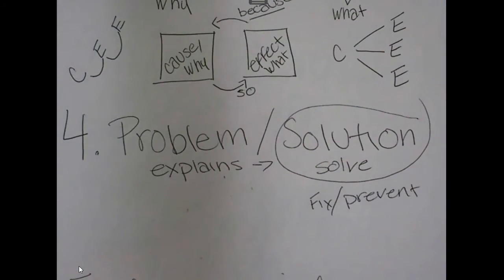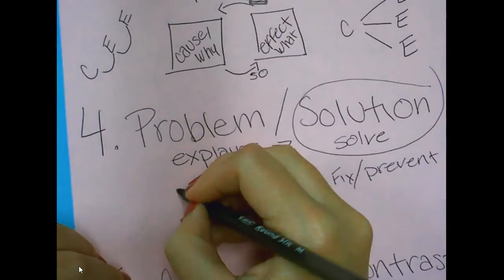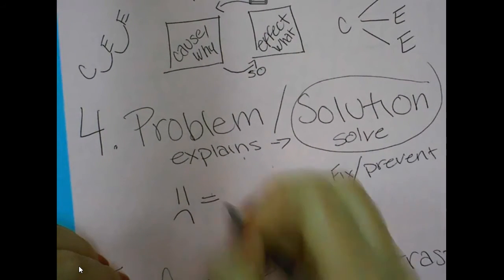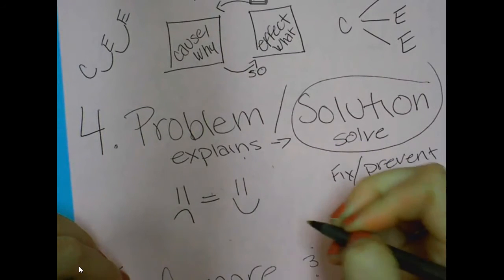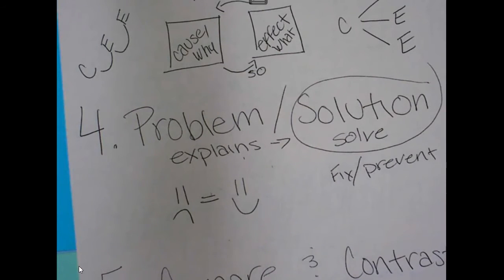So I'll give an example: if I am in class and I tear my paper, that is the original problem. I am sad. I tore my paper. One solution might be taping the paper, or asking for a new one. Okay? But you move from the problem to an actual way of solving it. Your last one